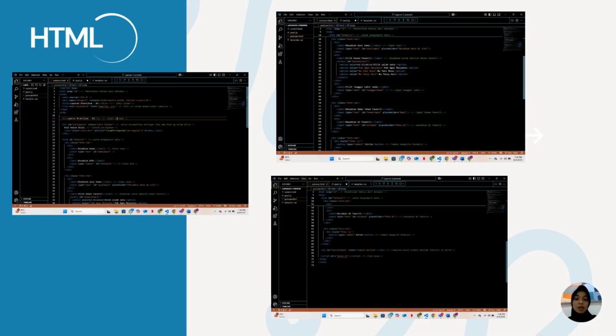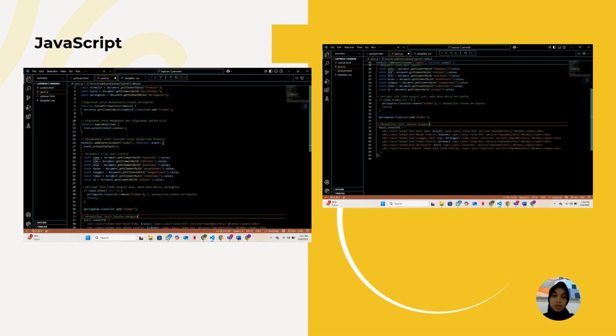If all inputs are correctly filled, the script will compile the submitted data and display it in the output section, where each result is enclosed in a styled box with a close button that allows the user to remove individual output items.